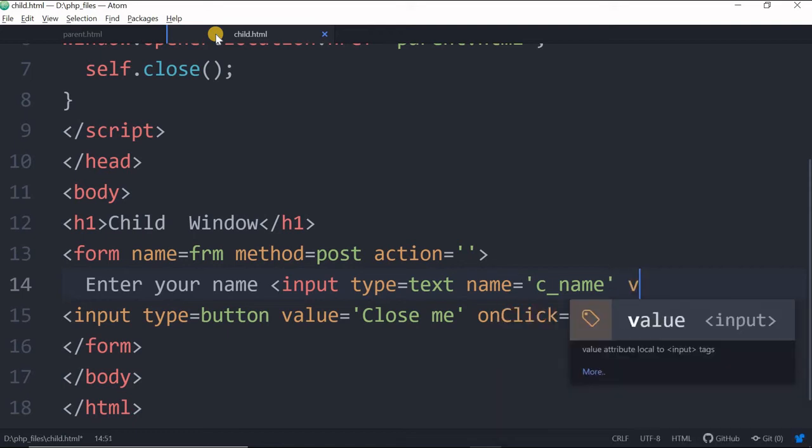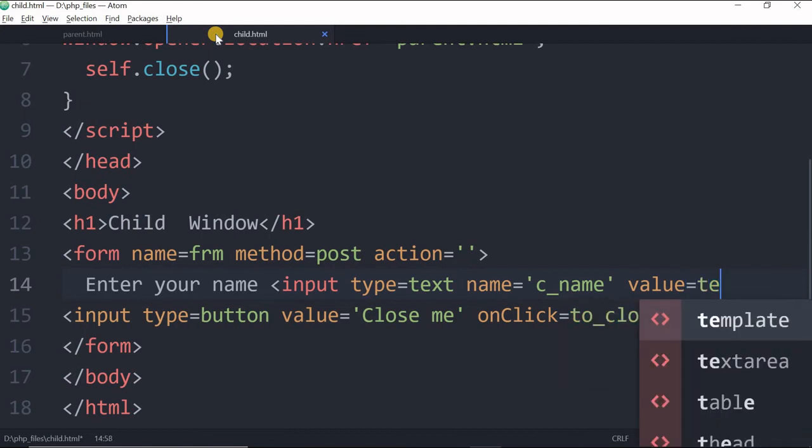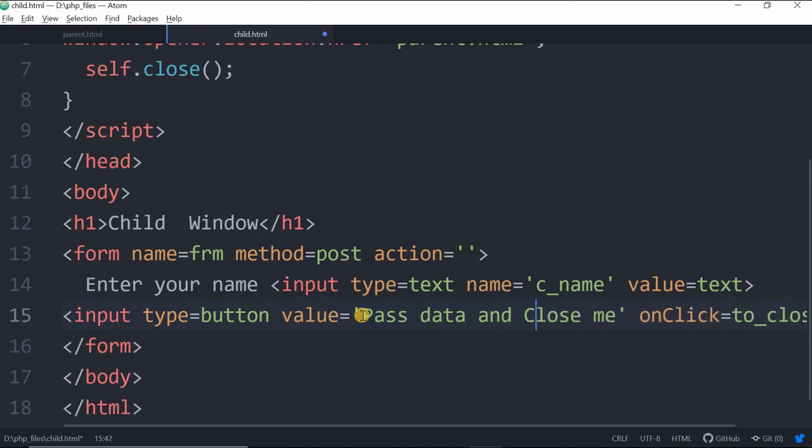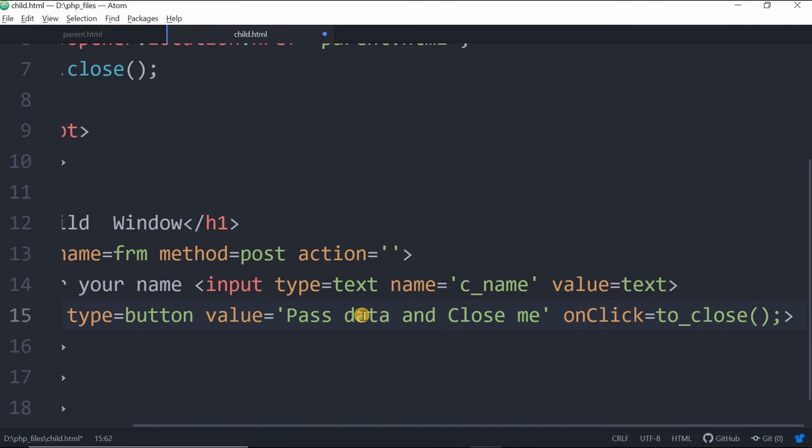Let's keep some default data also, value equal to text. You can change this. We'll keep one button here. Okay, already it is there. Pass data and close me. On click, let's change this name to postvalue.